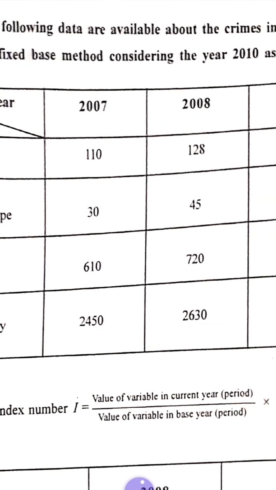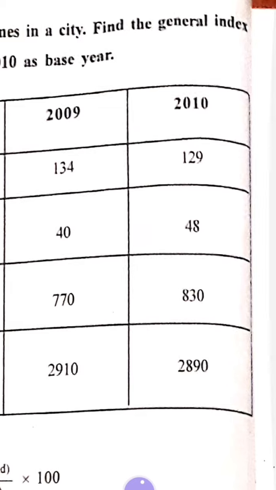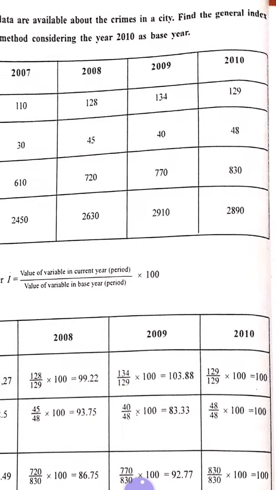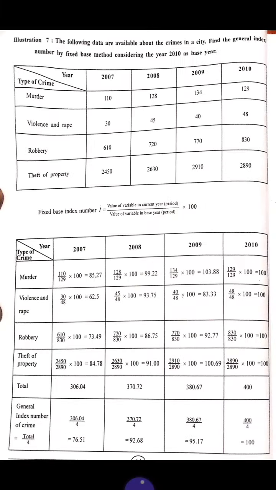Now over here one question arises, why 2010, because for the fixed base method we always take the past year, right? But children, as in the sum they have given 2010, whatever the prices are there for 2010, because they are specified over here, they take 2010 only as the base year. So those prices you are only going to take in the denominator as the base price, because they have specified to take the prices of 2010 only to find out the index number by fixed base method, right? So our method remains the same, right?